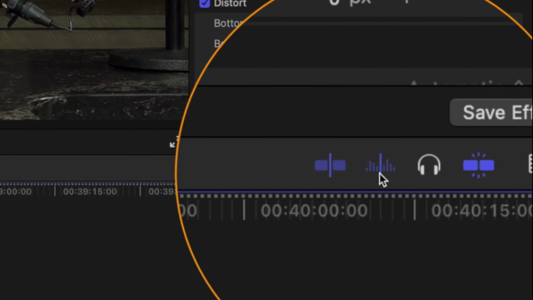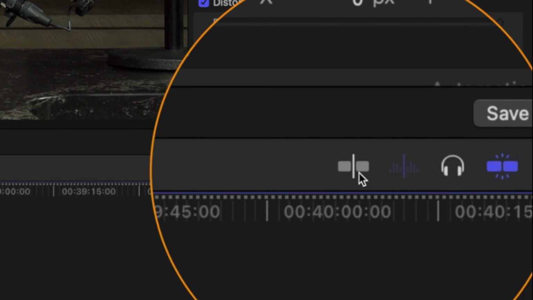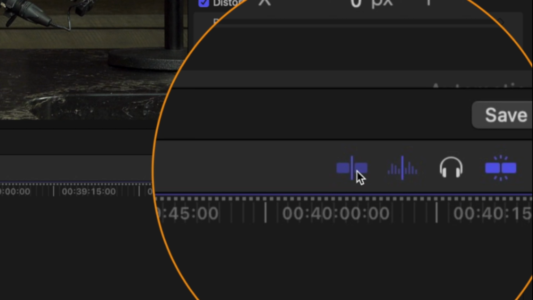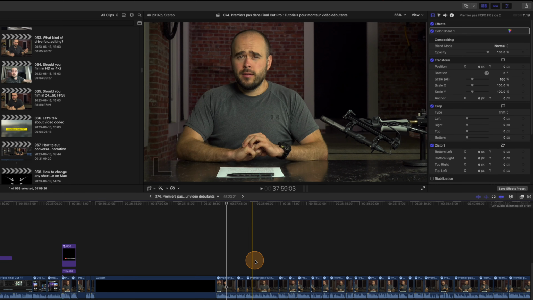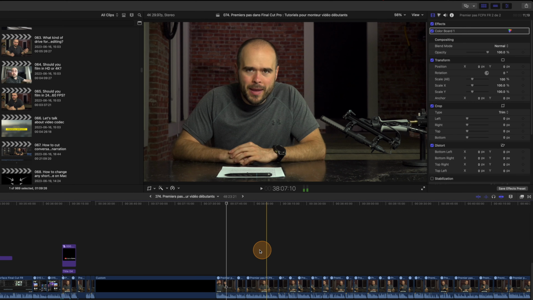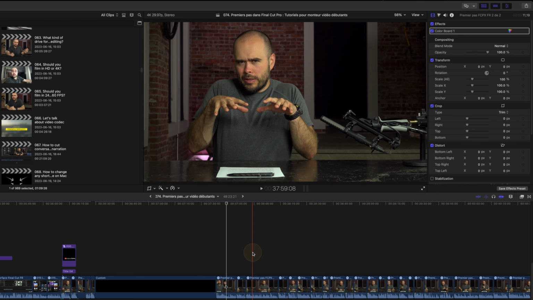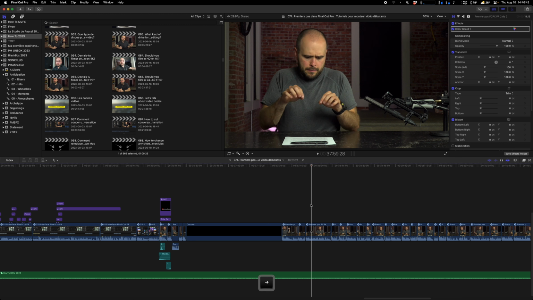The other one next to it is the audio skimming tool. It's the same thing. Well, it's linked to that other one, because if this one is disabled, you can see that it's a bit grayed out, but it's still a little blue. It's confusing, but you see, it follows it. So when this is enabled, we can't hear it actually because I muted my speaker, but we would hear those kinds of sounds when I'm moving. And the reason why I keep it enabled is because when I use the left and right arrow to move on the timeline, I like to hear the sound of it